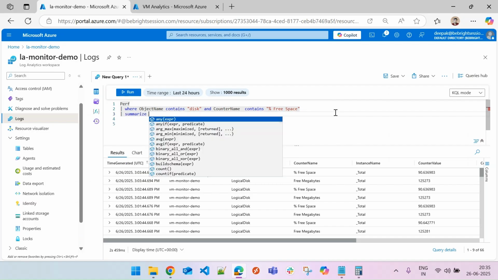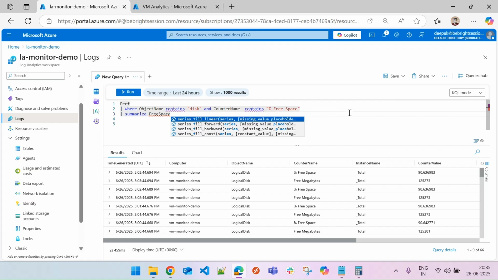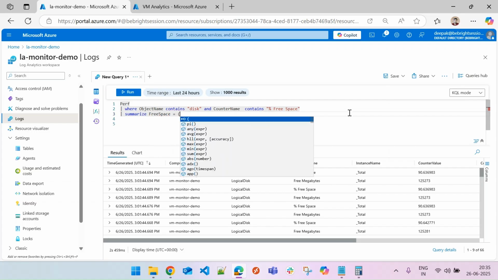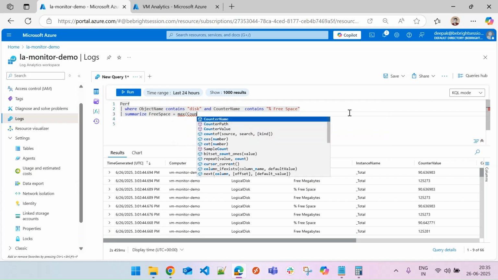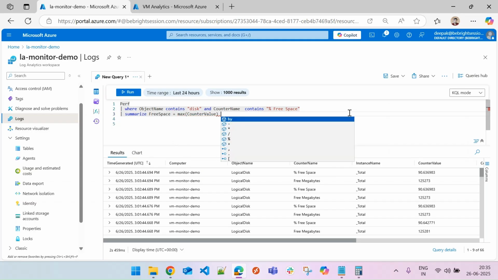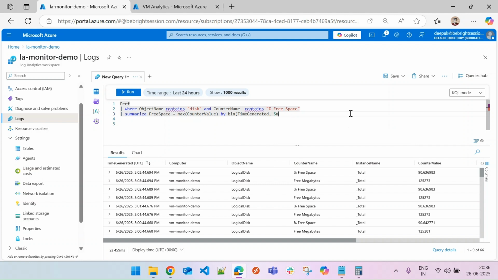Now again summarize, and this time paste, max counter value by either 5 minutes, you can just use 15 minutes, or 1D, that means if you want to check in a day, whatever you want to do that. Okay,